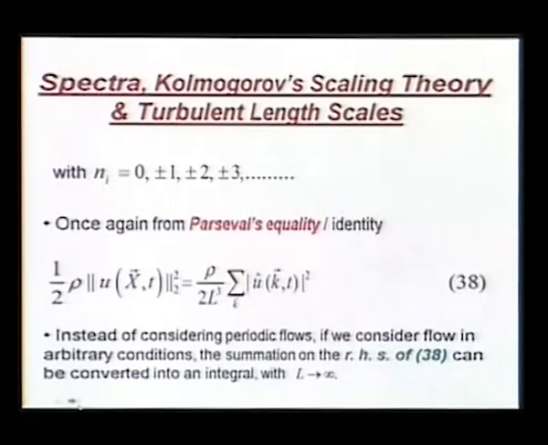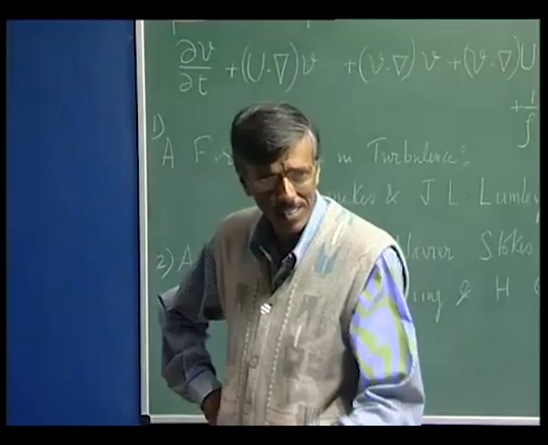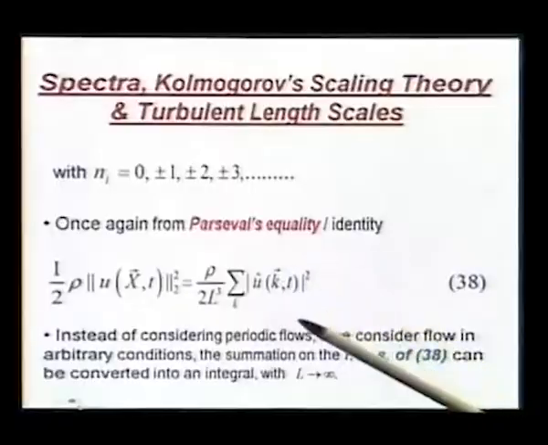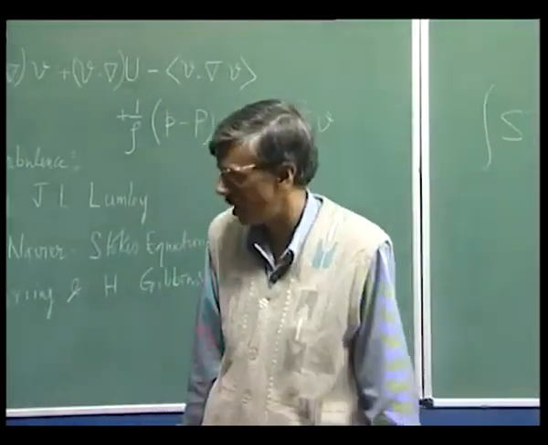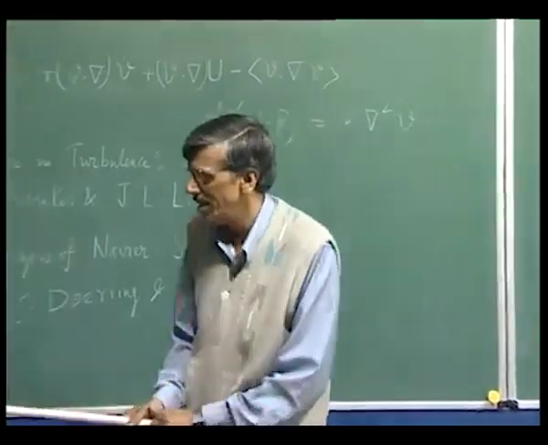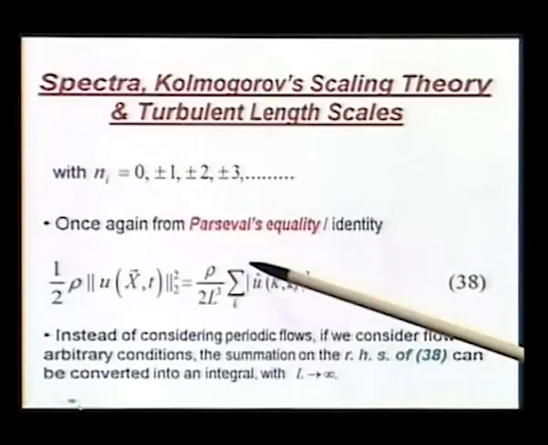Now, if I consider non-periodic flow with arbitrary conditions, then this summation here would be replaced by an integral. I will have to replace the Fourier series by the Fourier transform. And what happens to the box size? Of course, the box size is becoming infinite, so we take L going to infinity, and replace this